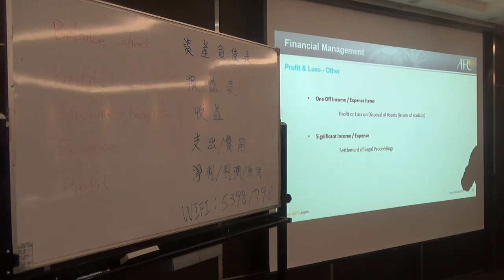So not normal transactions. 那举2个例子来说，一个就是可能你拥有一个球场，或者你要买一个球场，然后你把它卖掉这样子，所以这就是一次性的支出或收入。那另外下面的话，就可能你可能有一个法律的案件在处理，那这个案件可能也是支出或收入这所谓的就诉讼的费用。